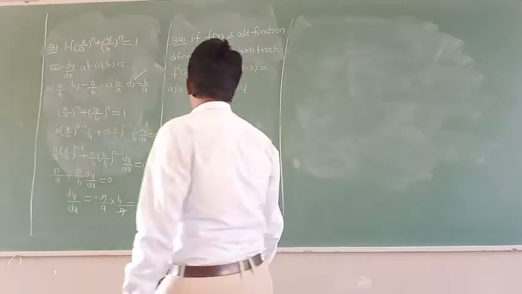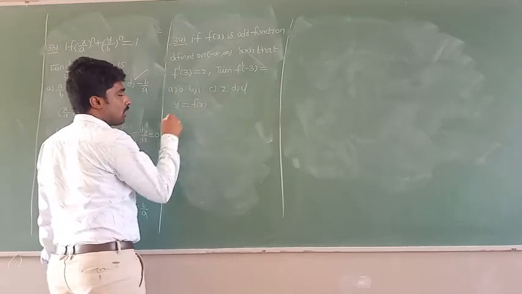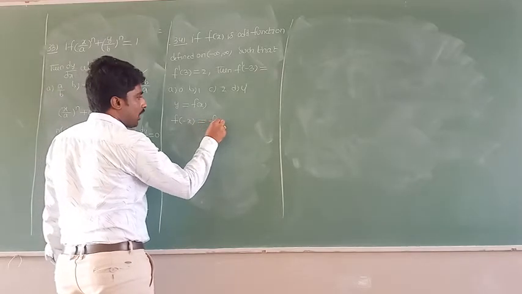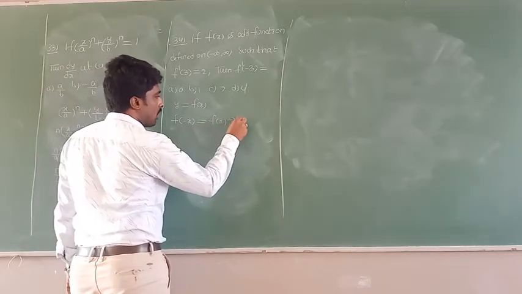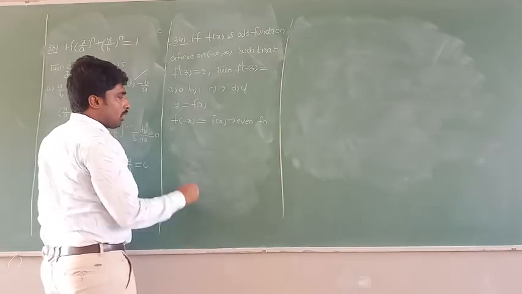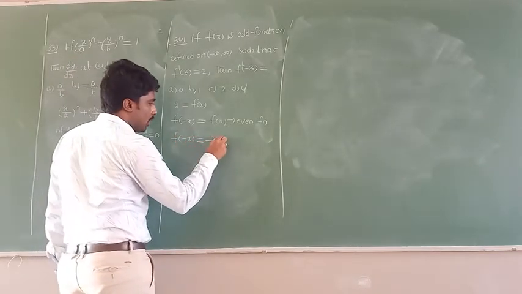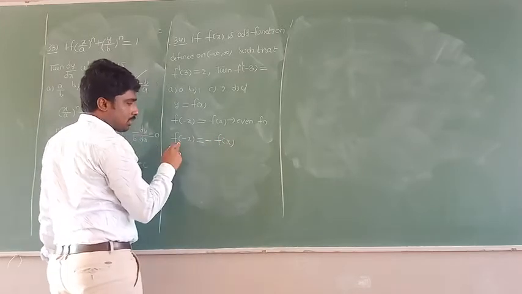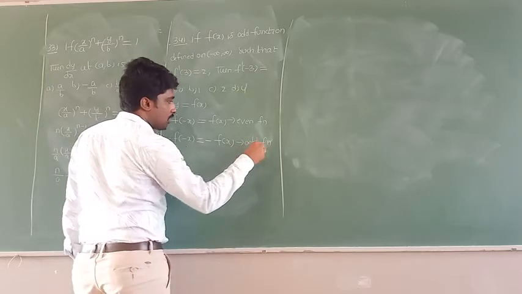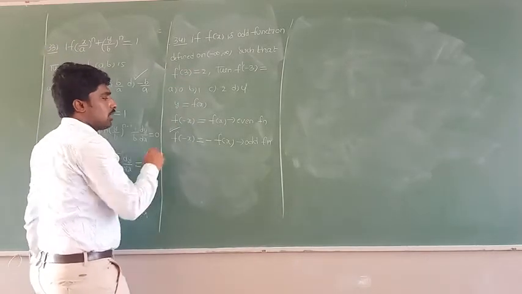Even function means, all of you see here, if y equal to f of x is a function, and in place of x if I replace minus x, and finally the resultant you get is f of x only, this function is called an even function. Is it clear, everybody? Now, in place of x, if you substitute minus x and finally the resultant you get is minus of f of x, f of minus x equal to minus of f of x, this one I can call an odd function. Is it clear, everybody? Now they have given here it is an odd function. So you need to take this condition.